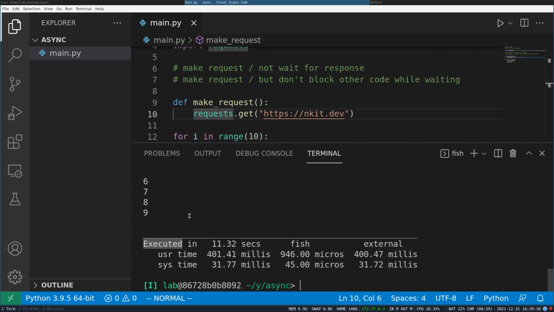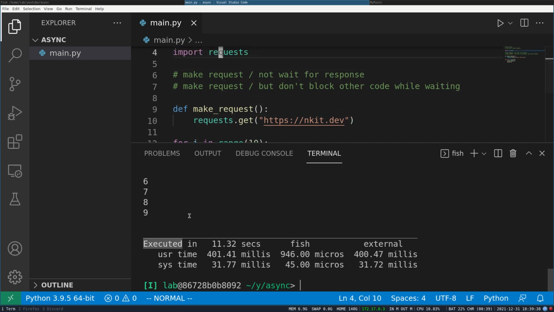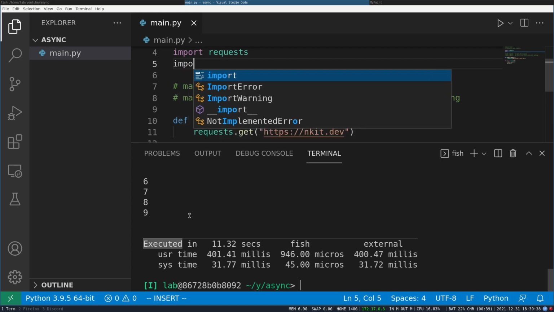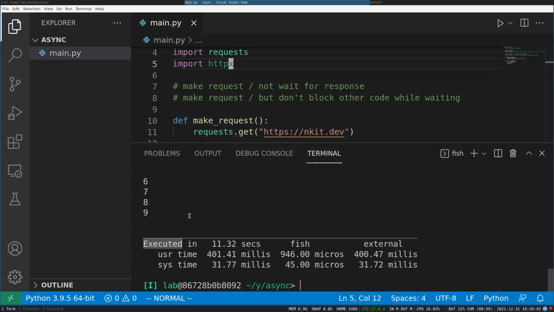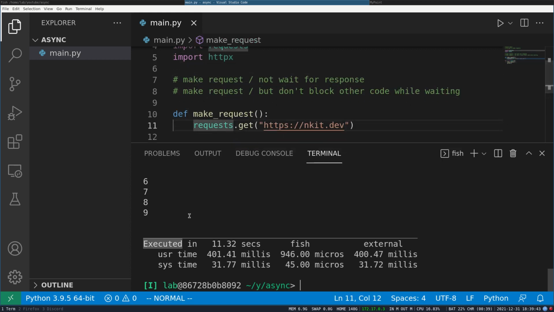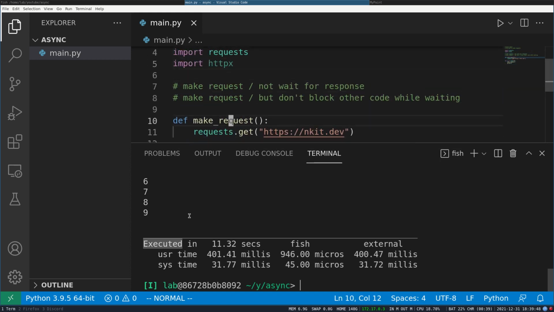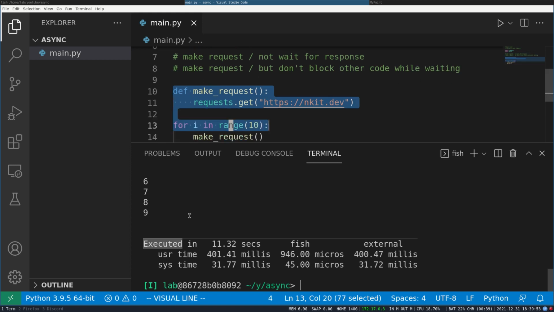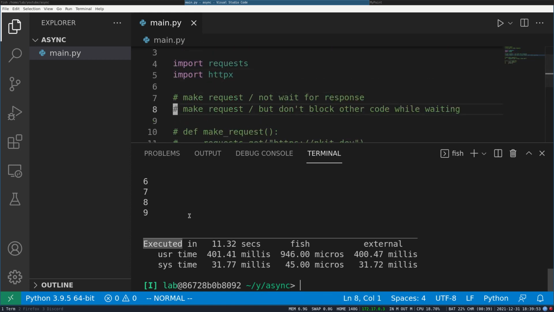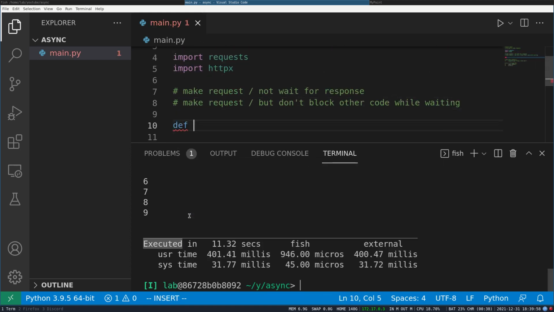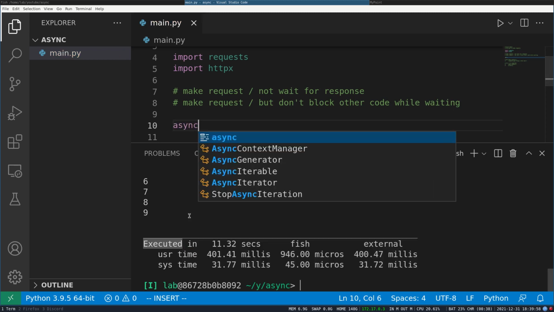So for that I will use a different library which supports async, and I will show you how that works. The library we are going to use is httpx, and let me show you what it does. To make a request, we will define the function async.